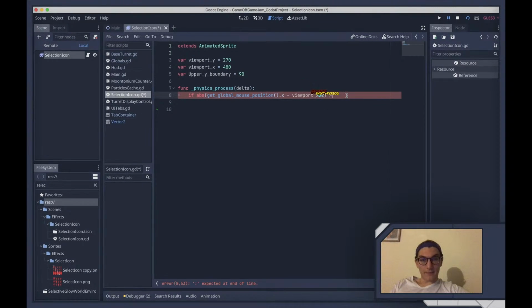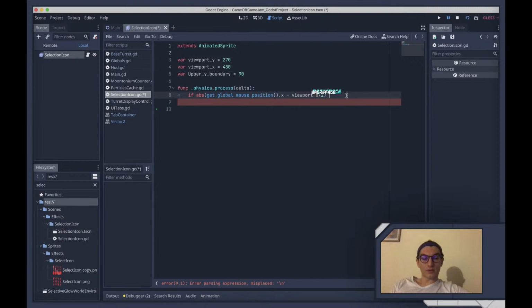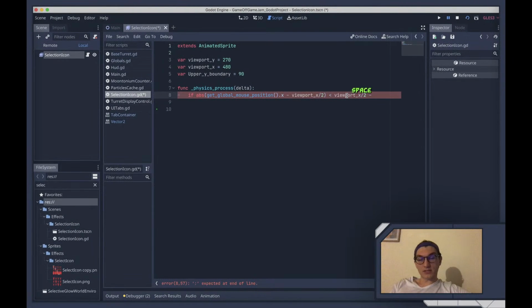Right, is less than viewport x divided by 2 minus